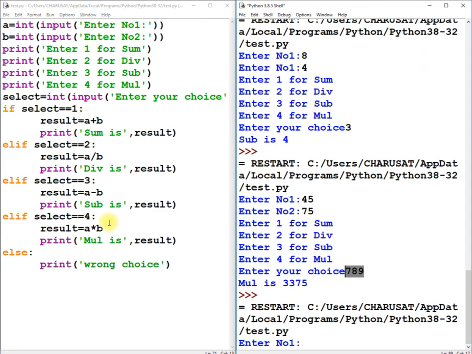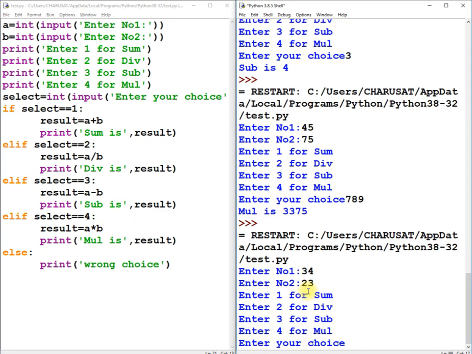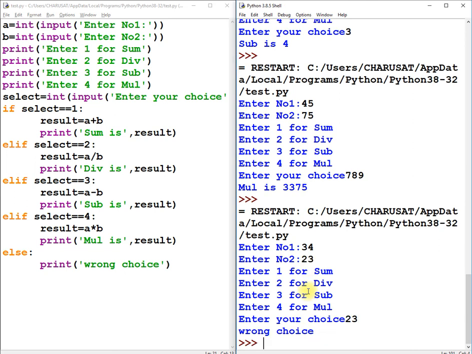Okay, running this code one more time. I'm entering, let us say, 23. So now it will give me wrong choice. Why? Because this condition was false, false, false, false, and this line is executed. So this is how you can create a simple calculator.